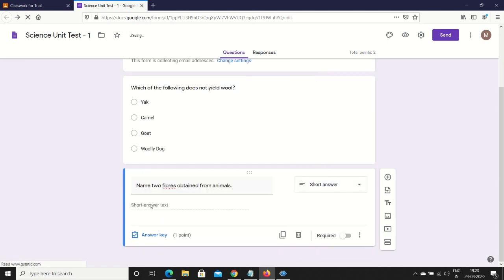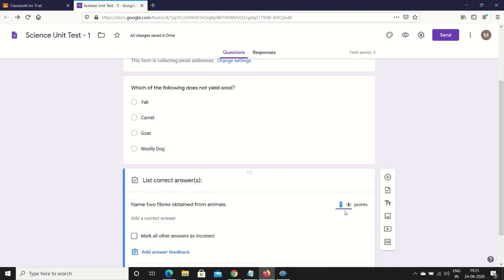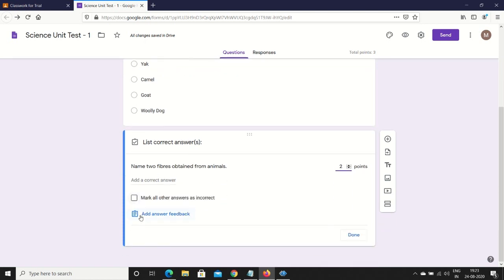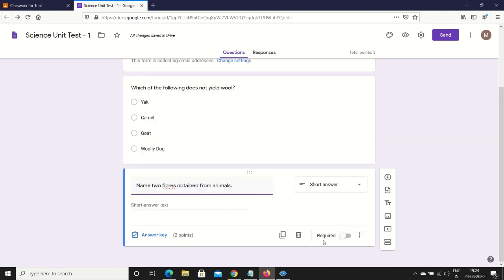So there is a space to write down those 2 names here. Here in the answer key, you just need to allocate the points for this question. So suppose you wish to allocate 2 points. I'll make it 2. I'm not entering the correct answer because it's better you select check the answer manually here. So I have allocated 2 points and then click done.